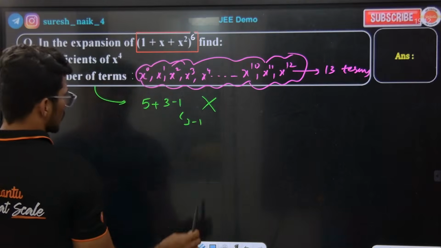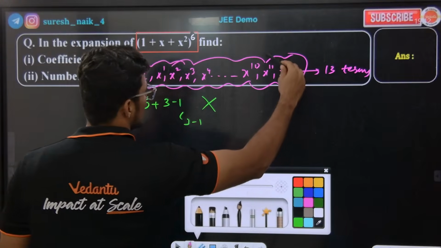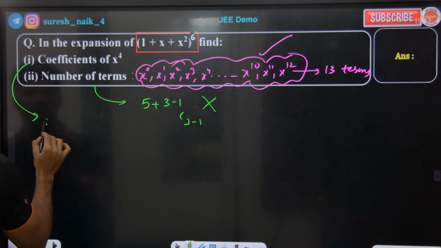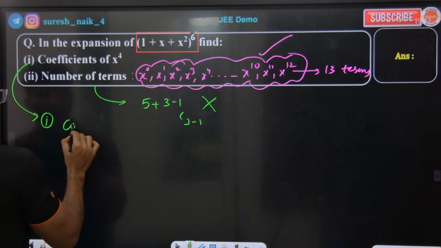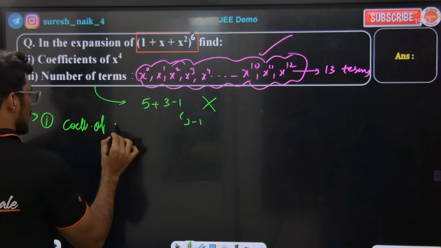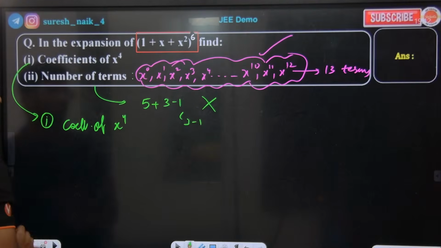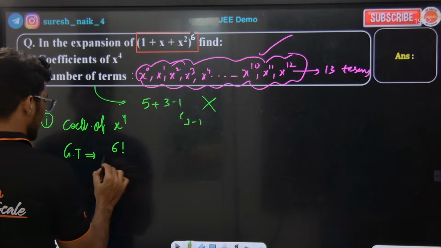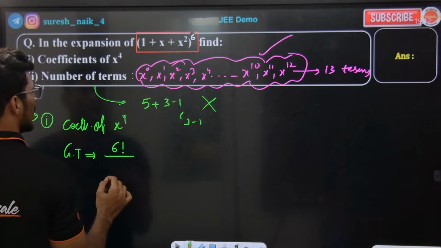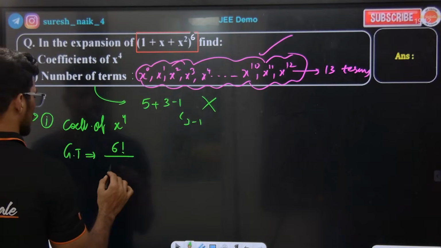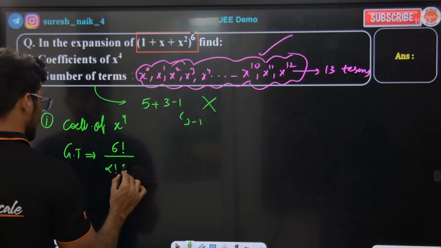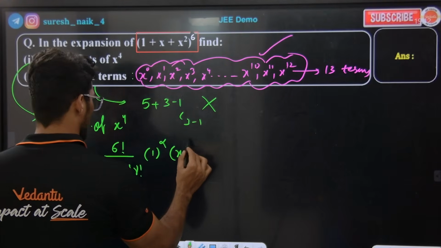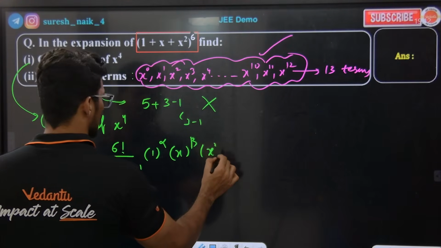Coefficient of x to the power of 4 venum. This is the first question. Now you need to write the general term. What is the general term? Tell me. General term is 6 factorial divided by alpha factorial, beta factorial, gamma factorial, next 1 to the power of alpha, x to the power of beta, and x square to the power of